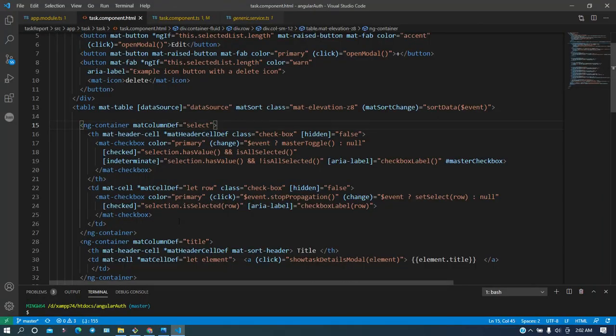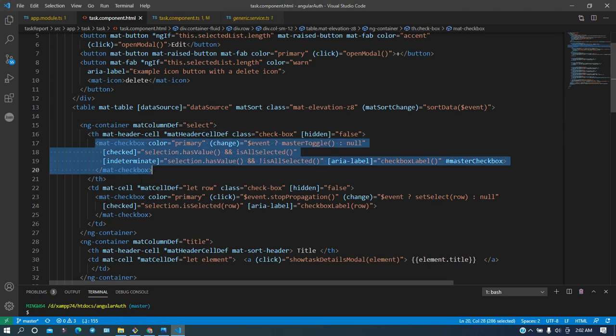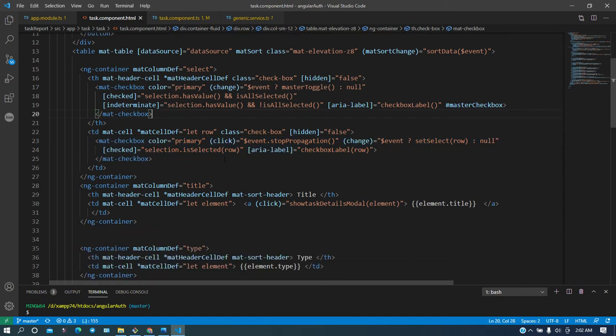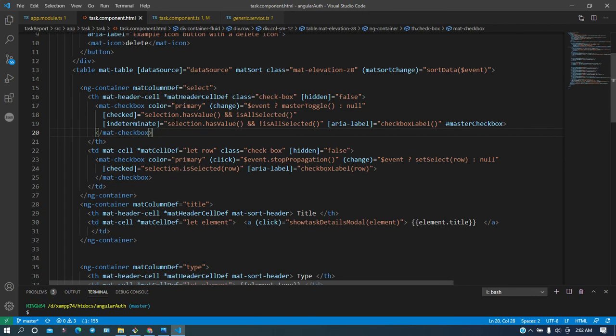So how have I done this? You can notice the ng-container matColumnDef, here is a select for the select, and the th having the checkbox, and the td also having the checkbox, and something is written. I will not go into that, I will cover it in another video.